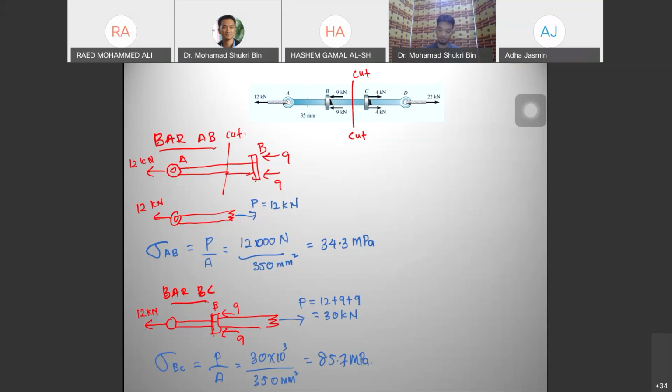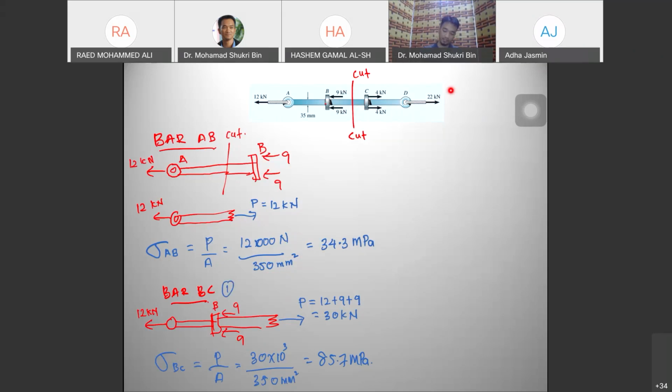Okay. The cut region, before I proceed, this is option 1. If you want to take the other half, let's say I cut this one,